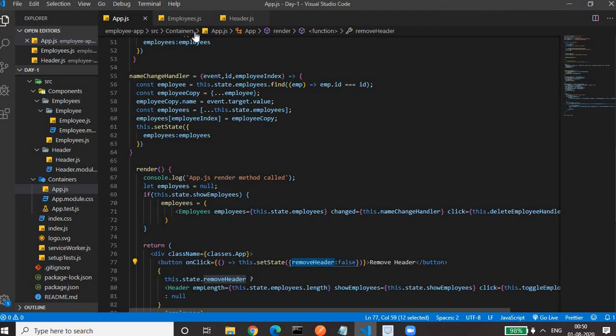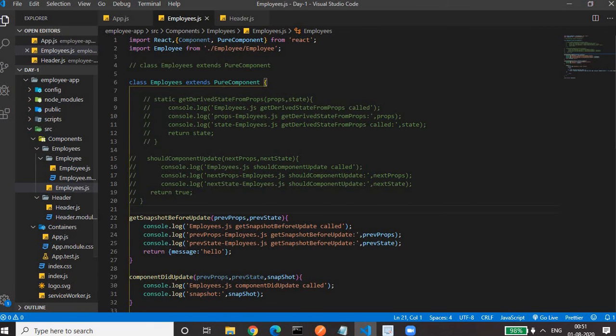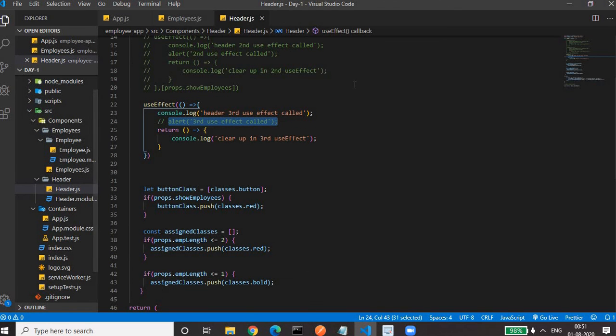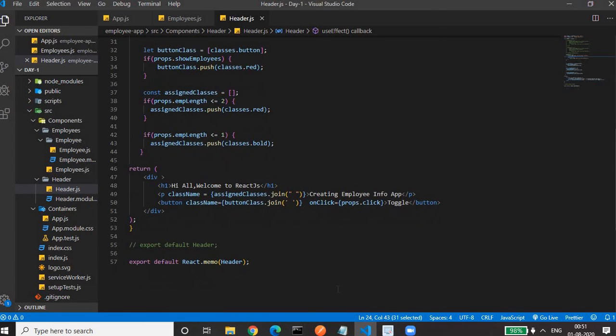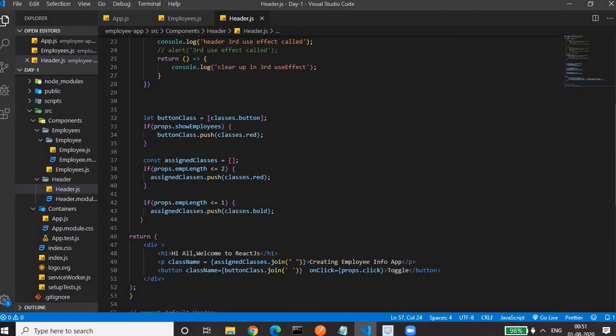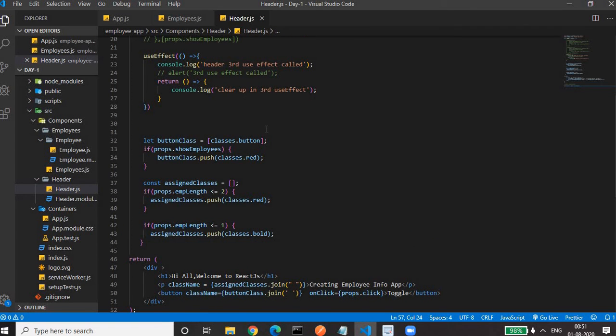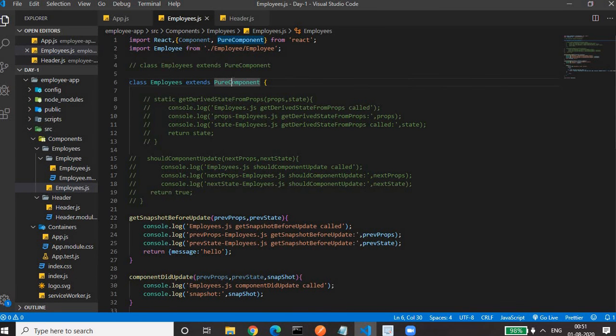This we can avoid by extending the pure component, and the same issues we can avoid in the functional component using React.memo. Using React.memo, it will call the use effect method, not the update method actually, only when the props or state related to this component change. By extending the pure component, it will call the update method and render method only when the state and props related to this component change.